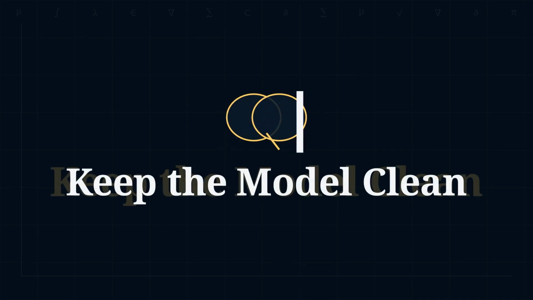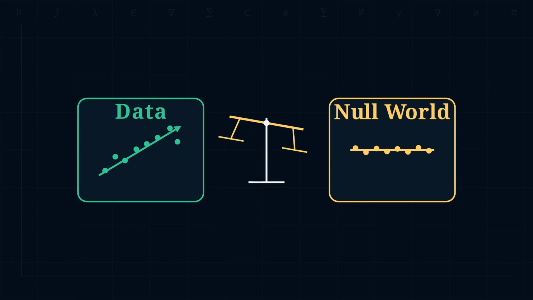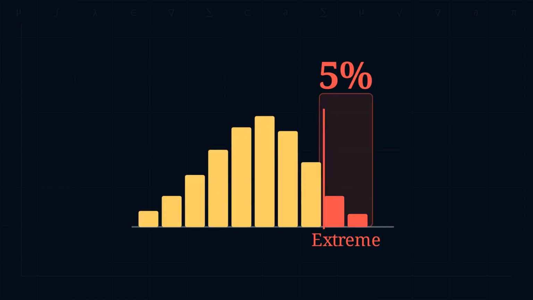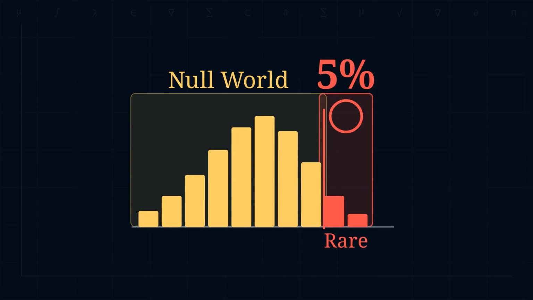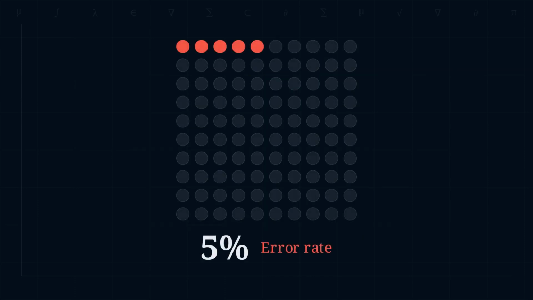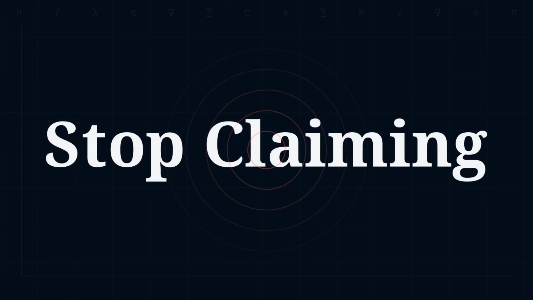Under stress, keep the mental model clean. You are comparing data to a world where nothing is happening, using a statistic chosen to be sensitive to the pattern you would expect if something were happening. You translate the position of your observed statistic into a frequency statement about how often such an extreme would arise under that quiet world. Then you apply the rule you committed to, knowing exactly how often it will mislead you if the quiet world really holds. If you change the rule or sift through many attempts, you must update the frequency statement or stop claiming it applies.